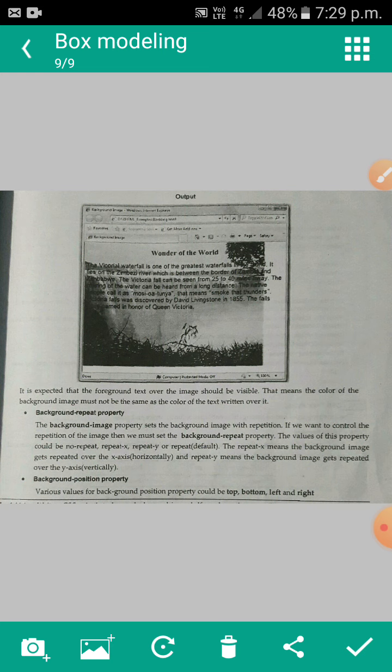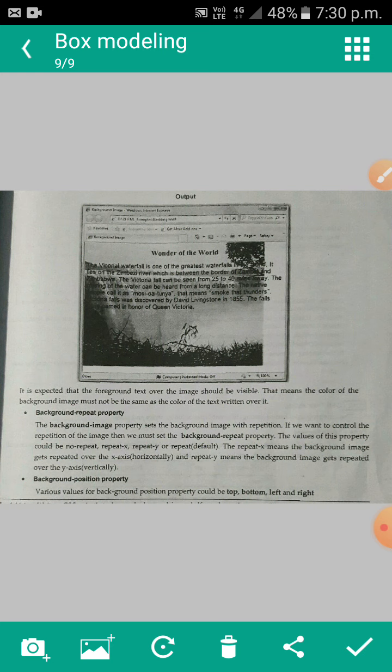Repeat-x means the background image gets repeated over the x axis horizontally. Repeat-y means the background image gets repeated over the y axis. Then the background-position property, whose values could be top, bottom, left and right.